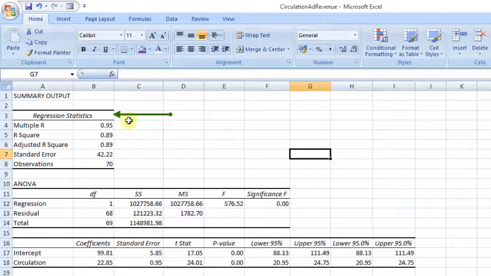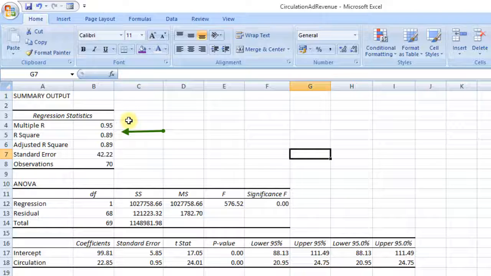First, look at regression statistics. Multiple R explains the correlation between variables. Here, the correlation is 0.95, which can be said as very strong and positive. R-square value tells you how much of the change in dependent variable, that is, ad revenue, can be explained by independent variable, that is, circulation.